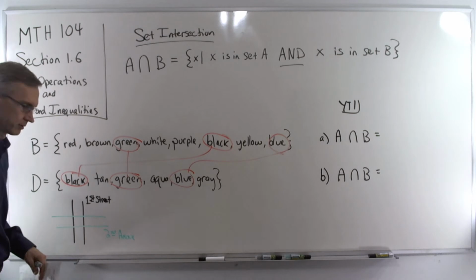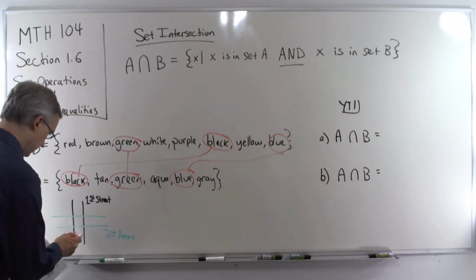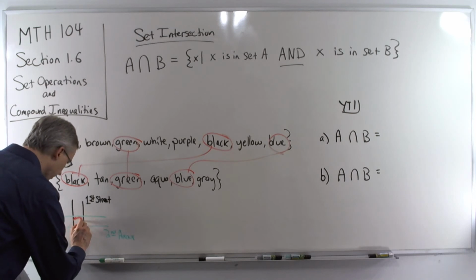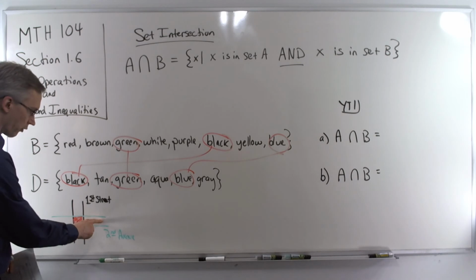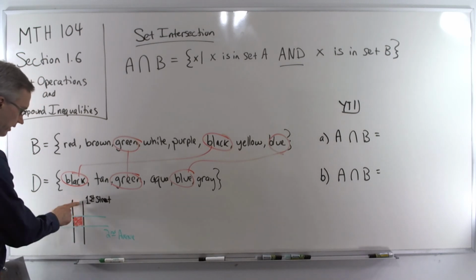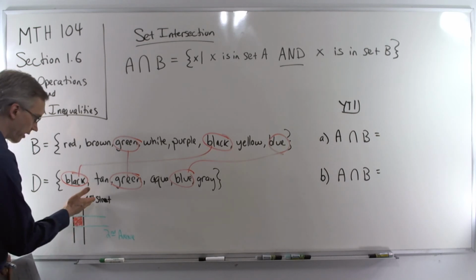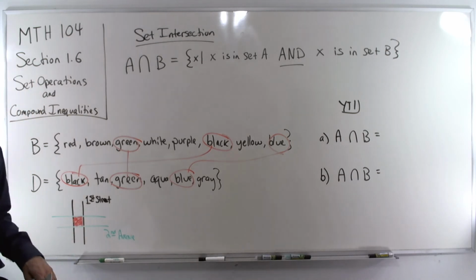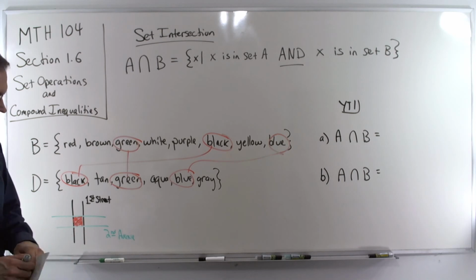So the intersection is just a piece of concrete, blacked out, whatever you want to call it, right in the middle there. So over here, we're only on Second Avenue. So that would not be in the intersection. Over here, we're only on First Street. It's only right in the middle here where we're both on First Street and Second Avenue at the same time. So there's the intersection of two streets and the intersection